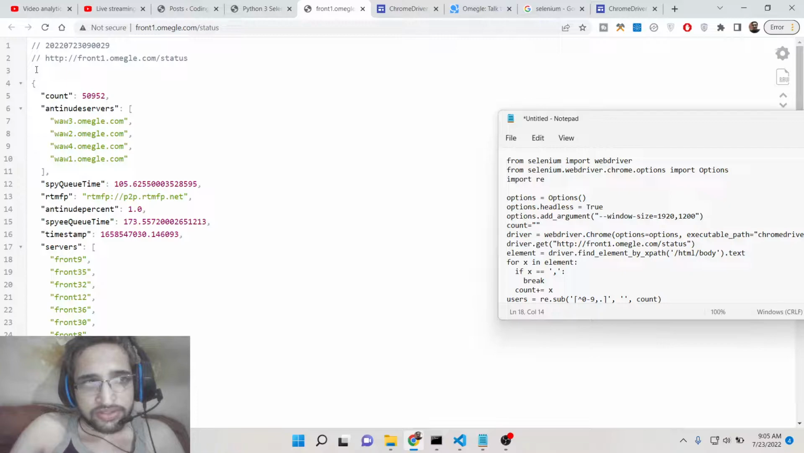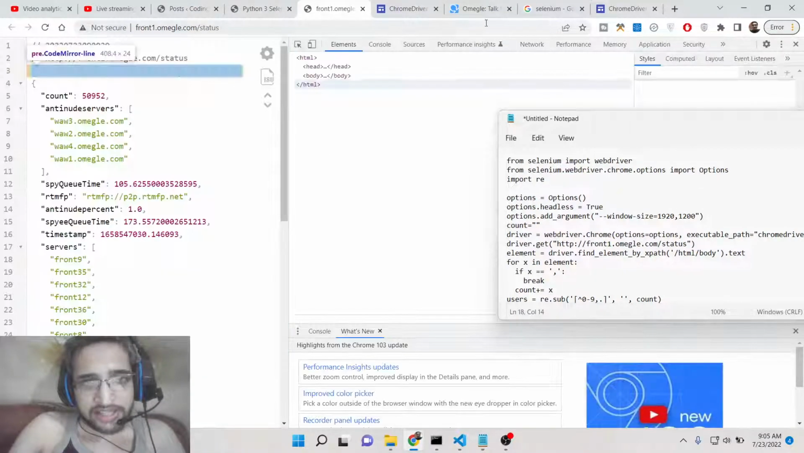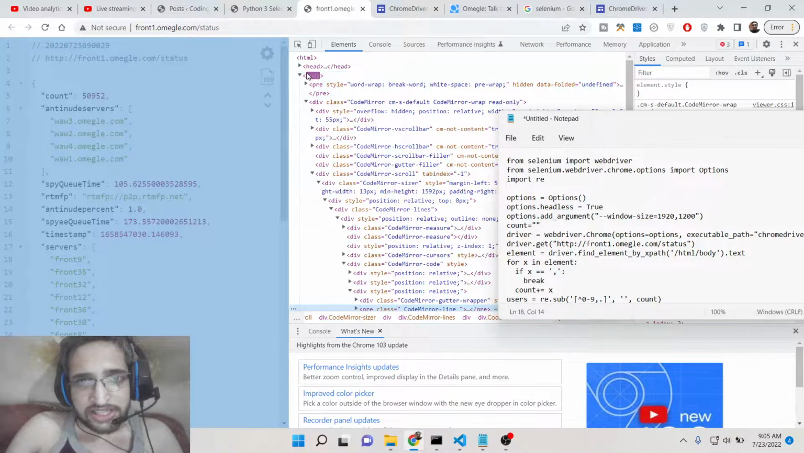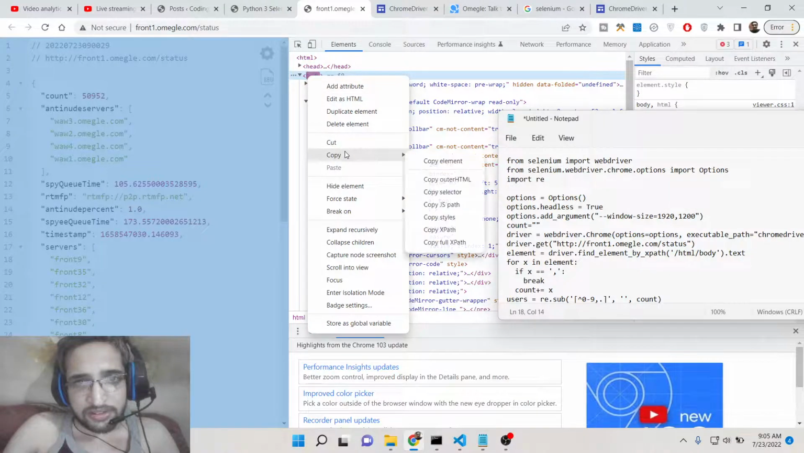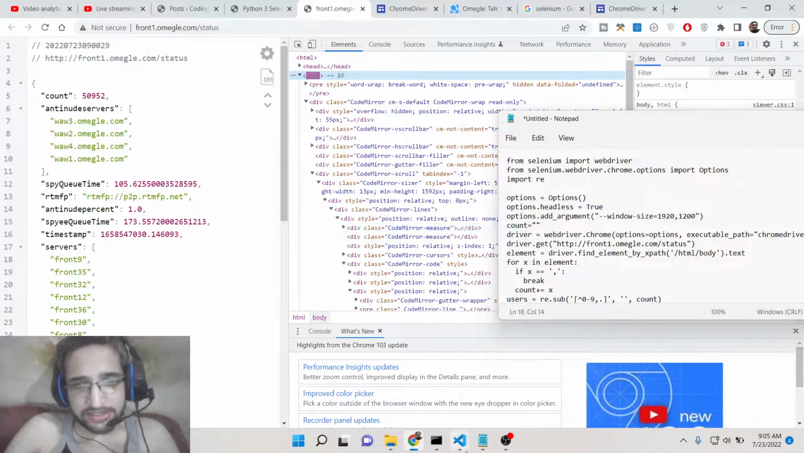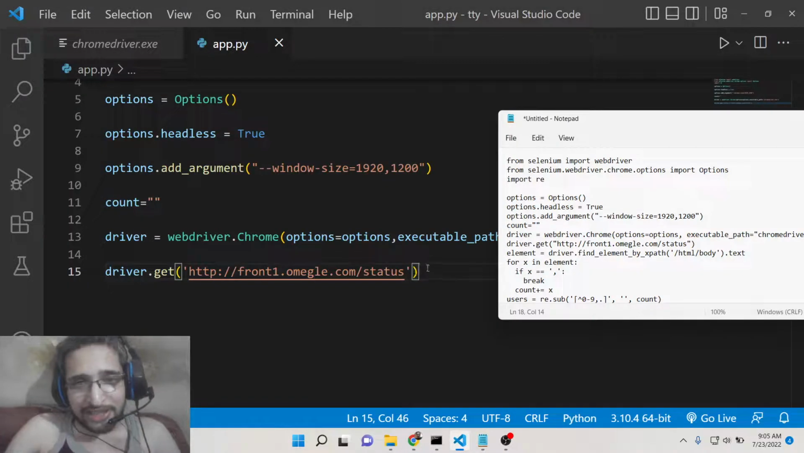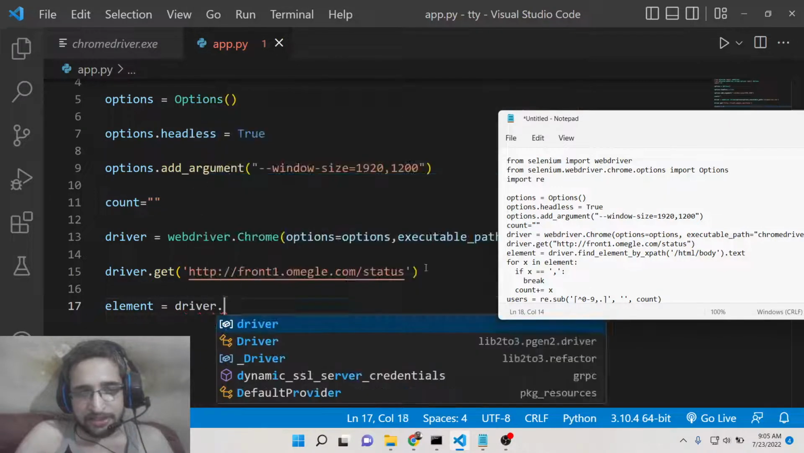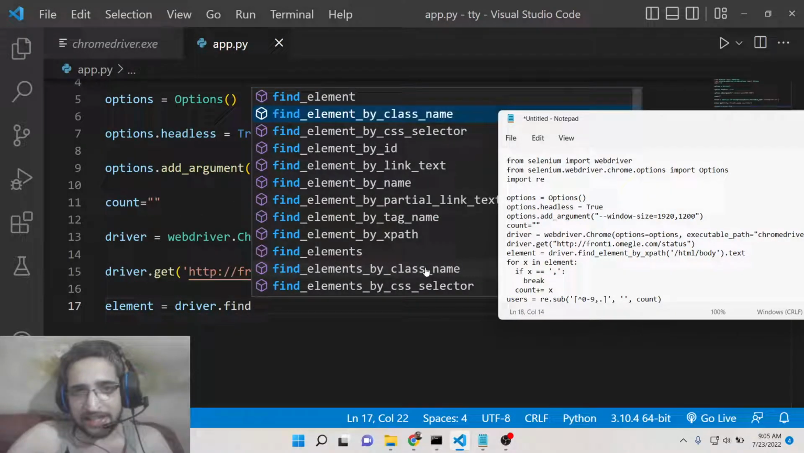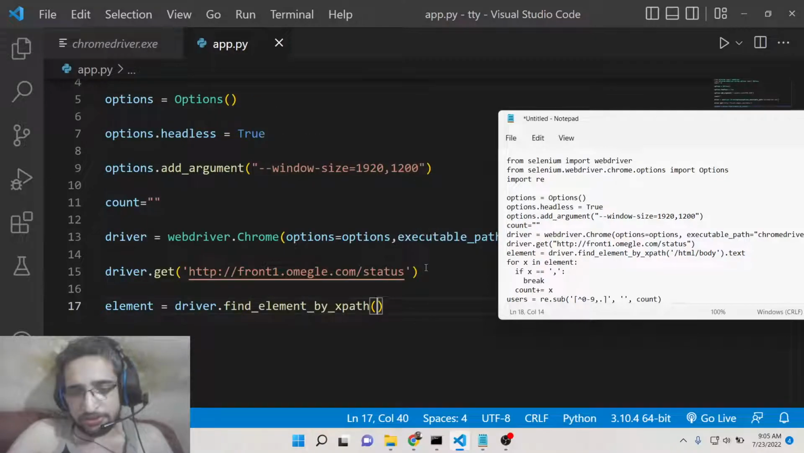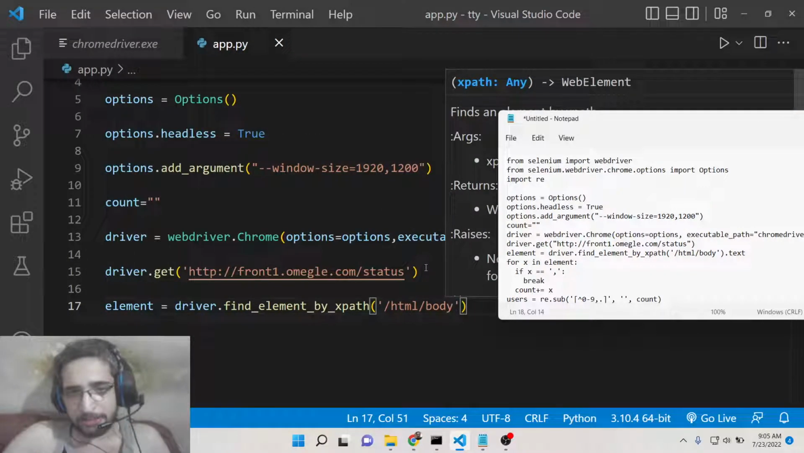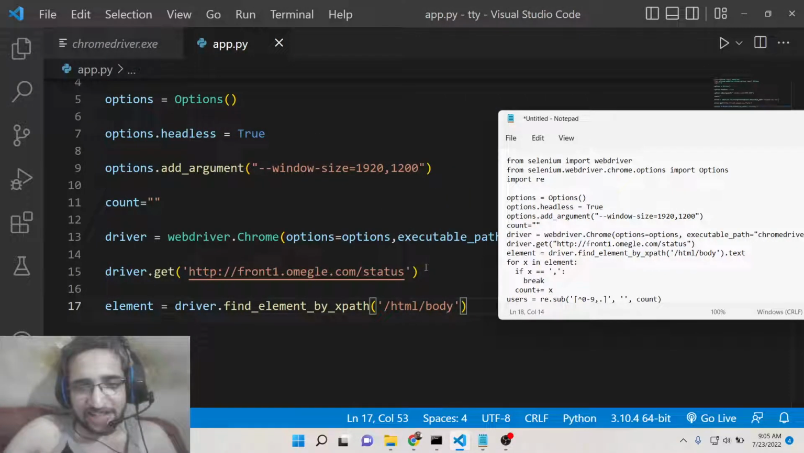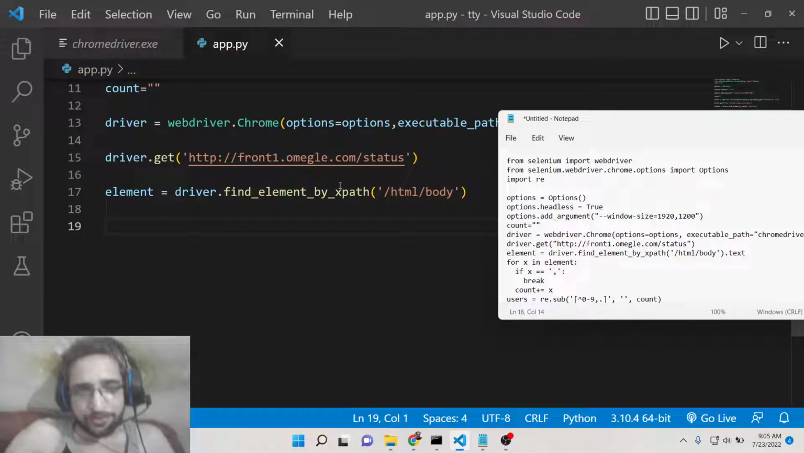If you right click, inspect element, we just need to copy the XPath of the body element. So this is copy the XPath, that's it. As you know, in Selenium we can find elements by their XPath, so that's exactly what we will do here: find element by XPath. Here you need to paste the XPath of the body element, /html/body. So this will get all the, if I print out,